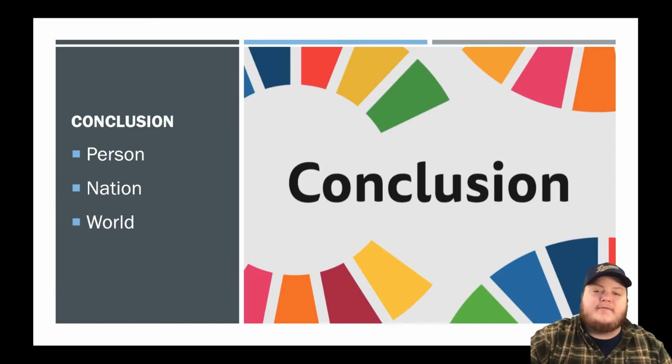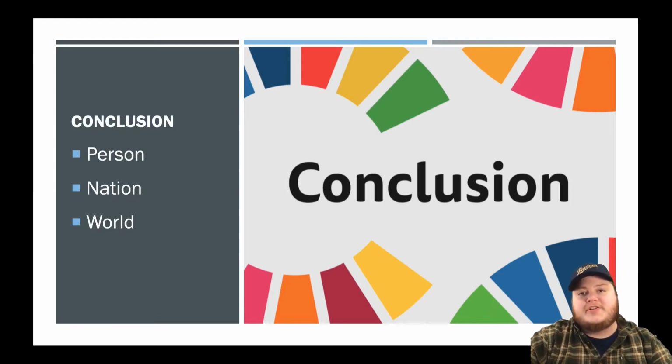And then finally, for your conclusion, since you're going to do this probably last, because we're doing this in a more fast-paced fashion, instead of just restating your thesis and your introduction, which you always should do, try to say, how does it affect a person, how does it affect a country, and how does it affect the world? If you always think of those 3 questions, it'll help build your conclusion so that you can wrap it up and be done with the formula.